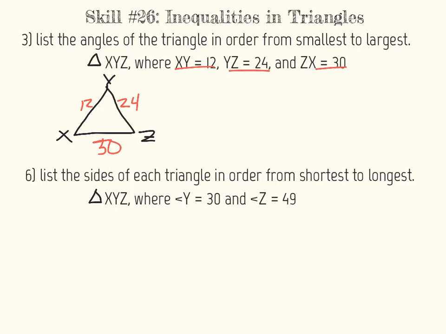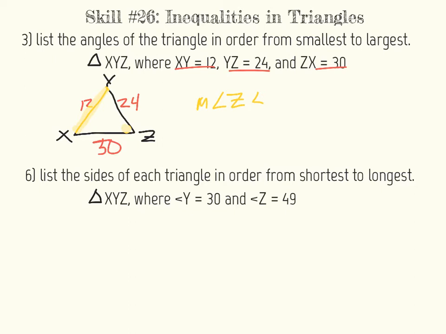So my smallest side is right here. So that means my smallest angle is going to be over here, Z. So I start by saying the measure of angle Z, because that is the smallest. And that is less than my next angle measure